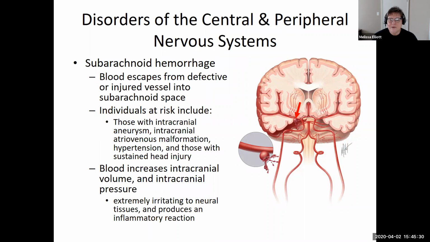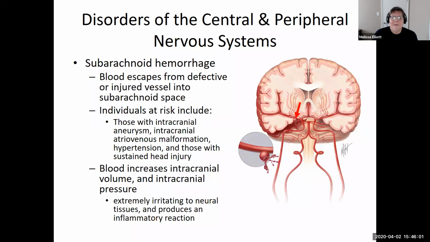Other types of bleeding in the brain are going to be subarachnoid hemorrhages. These are not like hematomas. These are hemorrhages in the vessels of the brain that leak into particular parts of the brain. They usually don't come from some kind of traumatic brain injury. Essentially here what happens is blood is going to escape from some kind of vessel that has been injured, and it will leak then into the space between the arachnoid mater and the pia mater, in what's called the subarachnoid